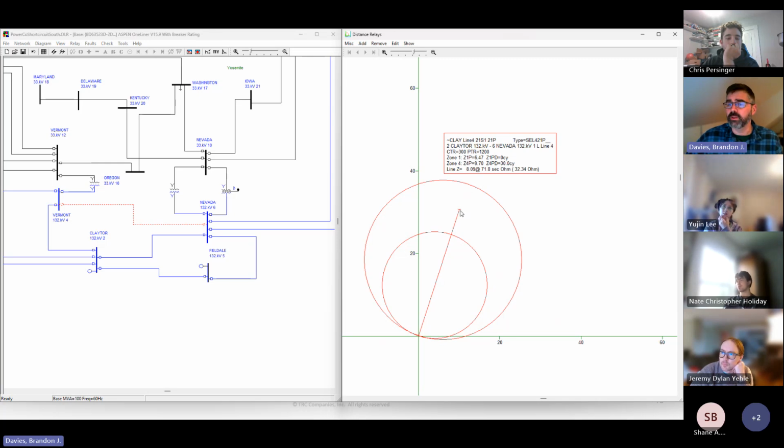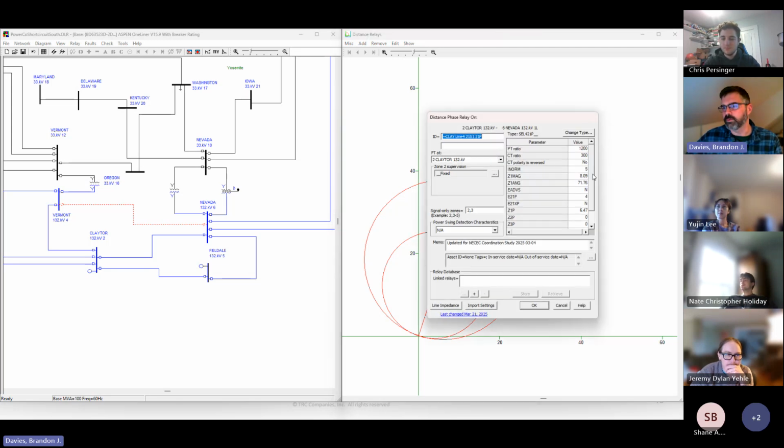So we've got our line impedance, and then we've got a phase step distance scheme. We've got a smaller inner mho characteristic here, that's the circle, as our underreaching element. And then we've got an overreaching element here modeled as well. This is our zone 2. In this case, we didn't provide that zone 3, but we could probably go in and add one if we wanted to. We can go in and add a 5th zone of